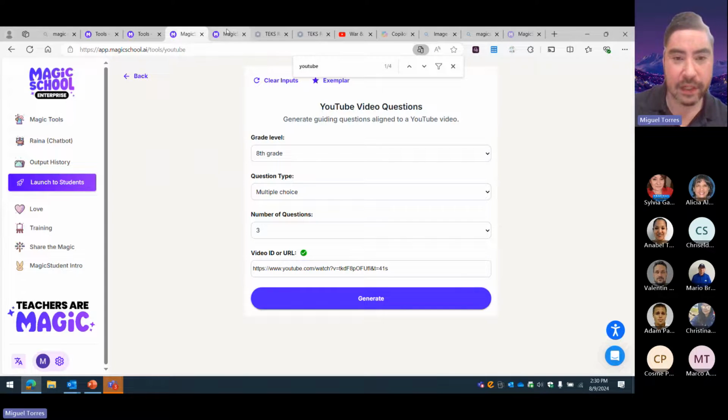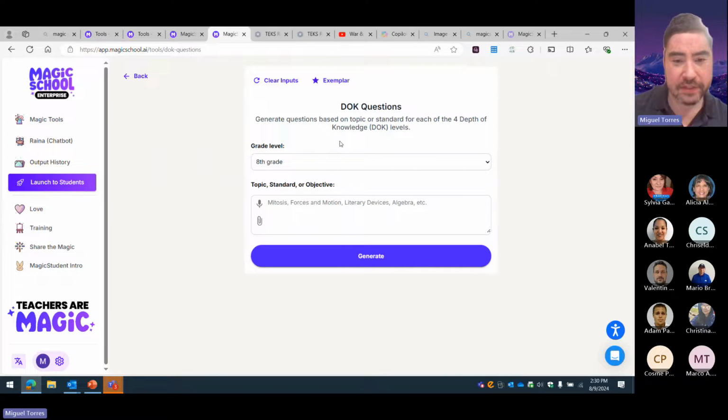All right, let me go to the last one. Okay, this is awesome. This is depth of knowledge questions, and you should really be using this. What I like to do is make my entry ticket DOK 1 or 2, and then DOK 3 or 4 at the end of the lesson, because I want the students to use that high level thinking, even if they have to ask a partner or work in groups. I just want them to be able to analyze and create rather than just memorize.